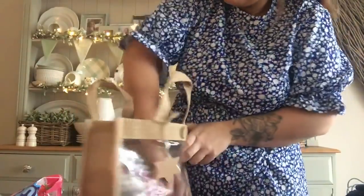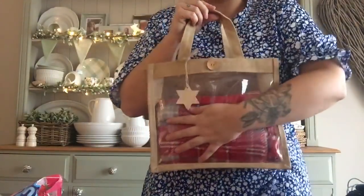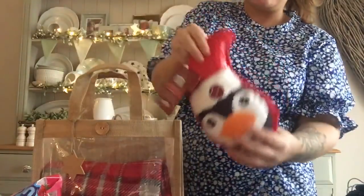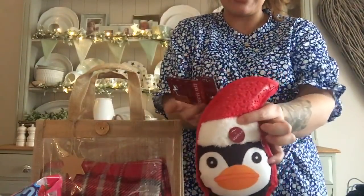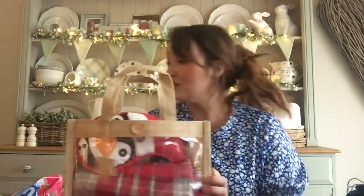And so he's got a nice little snuggly blanket because obviously he's not wearing PJs. I've got him a little doggy toy that squeaks, £1.50 from B&M, this little penguin. They do snowmen and they do Santas. So I'm just going to pop in a little penguin one for him. And also from Home Bargains, they do these lovely little